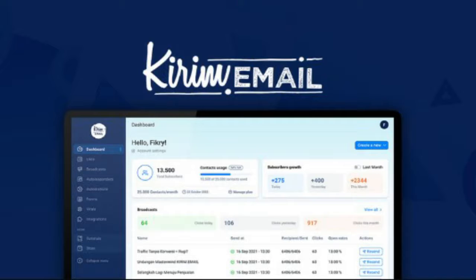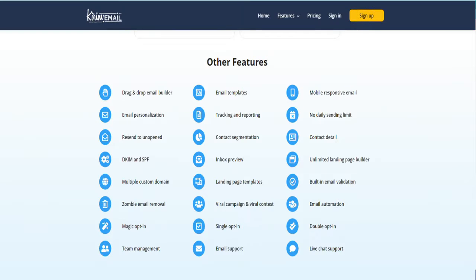This makes it easy for the subscriber and can lead to more customers joining that list. Okay, so now I have cleared what is Crim.email. Now I will tell you all the features which are available in this tool. You can manage all your contacts, drip campaigns, spam checks, list segmentation, and contact list import. You can import your whole contact list.